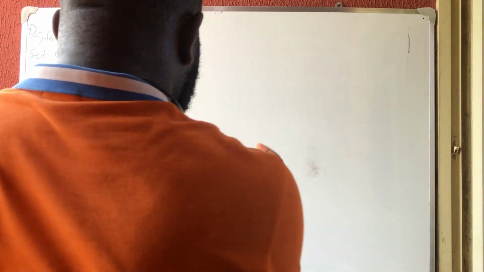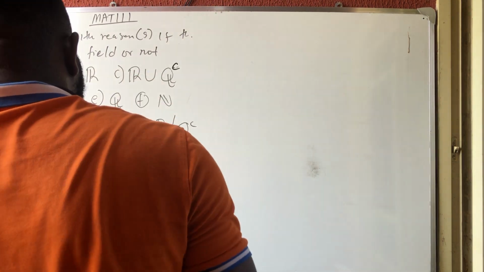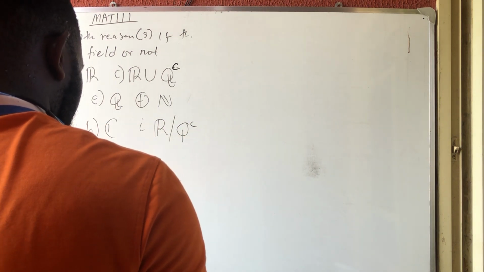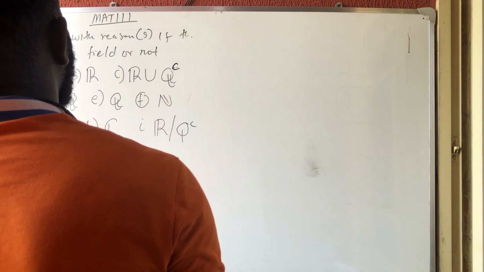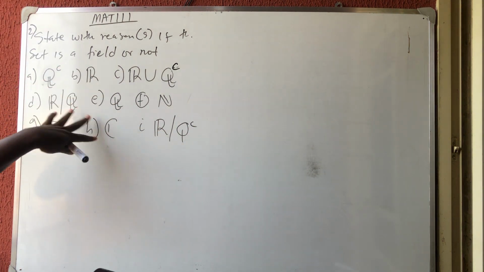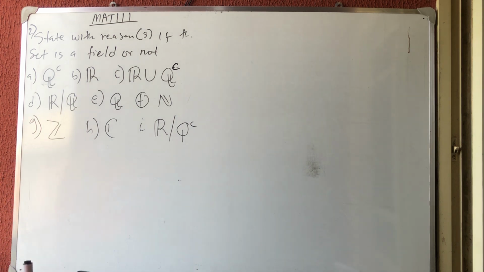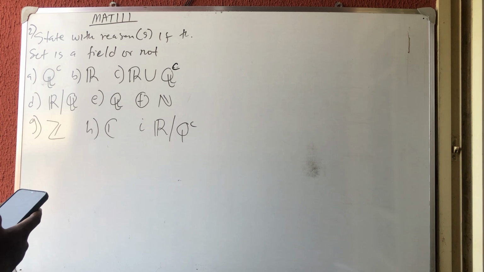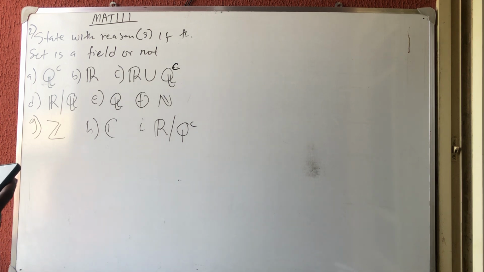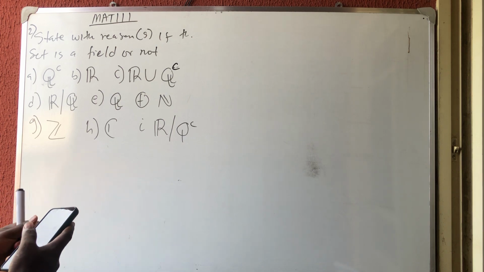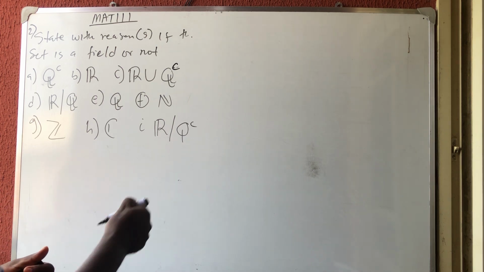Okay, let's go to the main job, number 2. Now for number 2, there are certain things you need to know. Number 2 says, state with reason if this set is a field or not. Now the question is, what is a field? A field F contains at least 2 elements. In fact, for something to be a field, it must pass certain